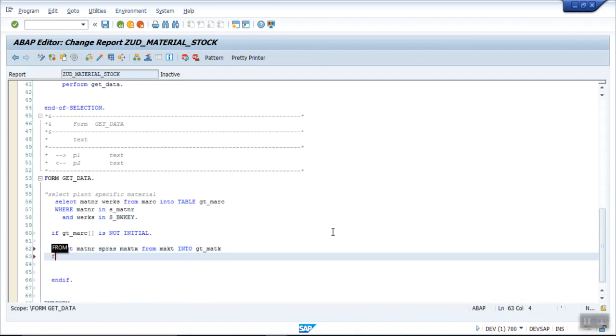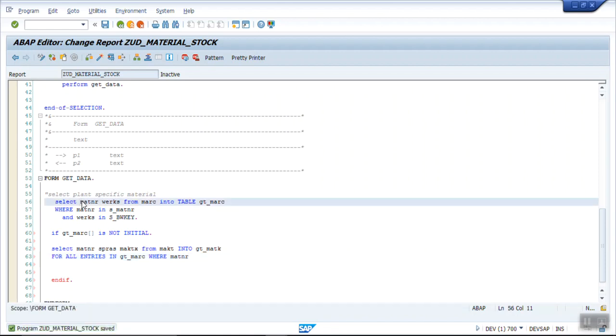MAKT for all entries in, for which table do I want to select? For this MARC table, for all entries in GT_MARC, where my MATNR, on which field do I want to join?